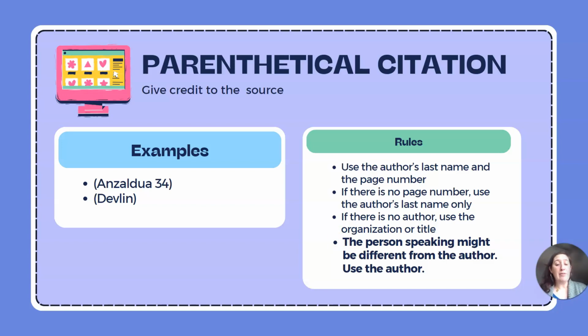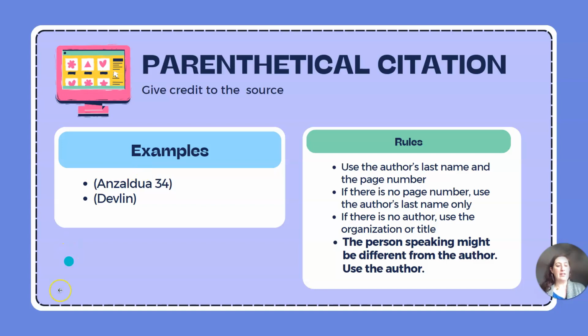Okay? And finally, a reminder, the person who is speaking in an article might be different from the author. Use the author. Okay? What does this mean? Sometimes authors quote another person inside their article, but we would never cite that other person's name. That's not our job. Our job is just to say what the article has, who wrote the article. If someone would like to see exactly or more information about exactly who was speaking the words in an article, they would be able to go back to the original article and find that information.